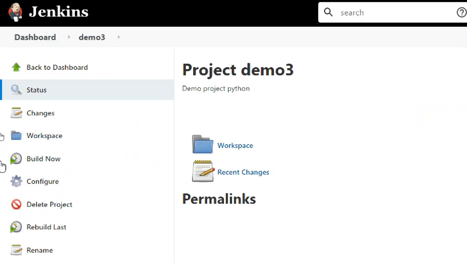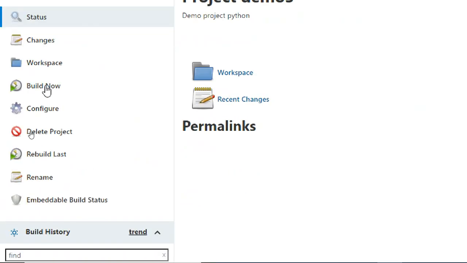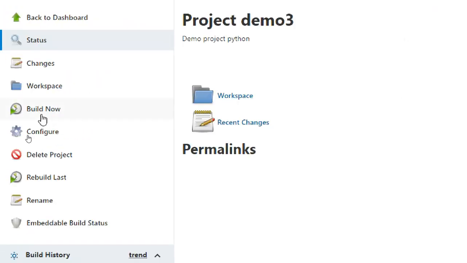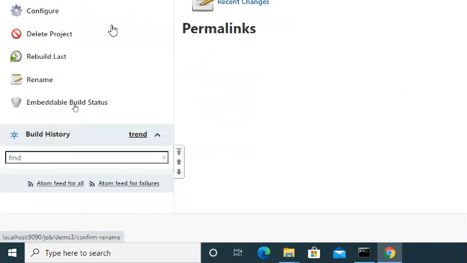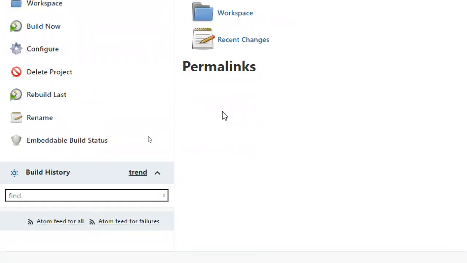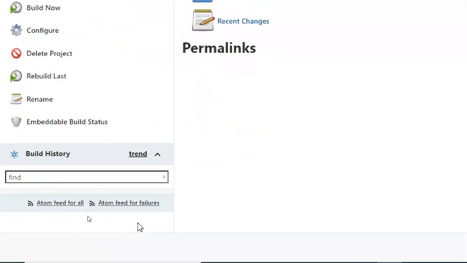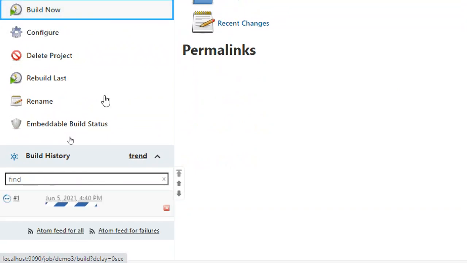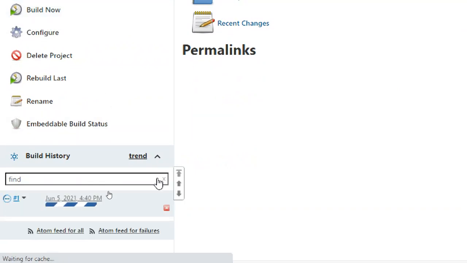Okay, so now what I have to do, click on build now. I clicked on it. Nothing. Is anything going on? No. So I will click again. Yeah, it's running.